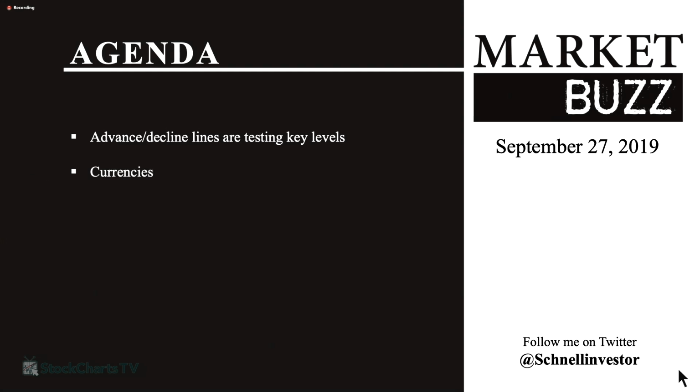Currencies, of course: the US dollar hit a new high yesterday, so we want to cover off the currencies and take a quick look in there. Gold rolls over. I like to focus on weekly charts, but in this particular case, the 10-week moving average is starting to fail on gold, on the bullish percent index, on the GDX, and on the GDX GLD ratio. So I think big caution there.